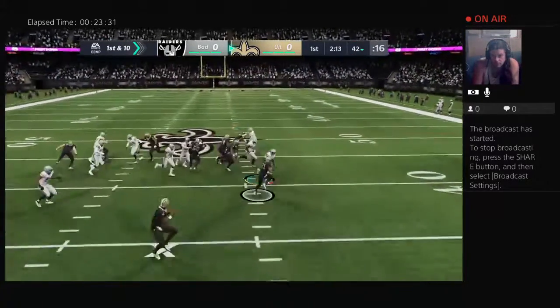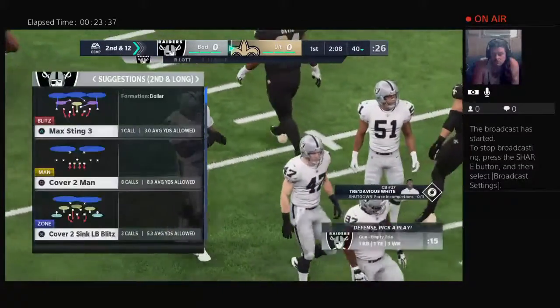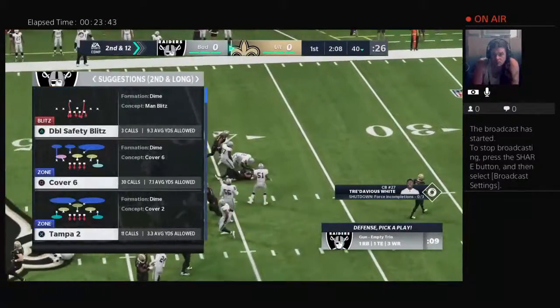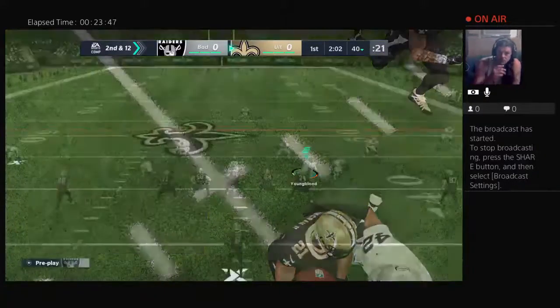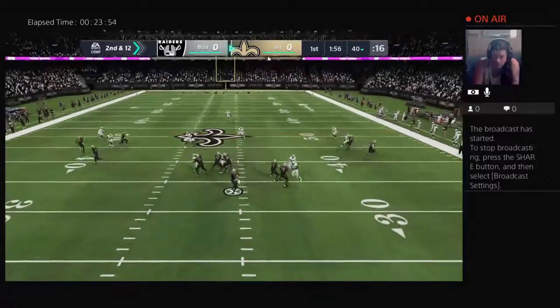Sees a crease and bursts through it for a solid gain. They try to run on first down, but this defense says no dice. They stop him a couple yards behind the line of scrimmage. 2 yards the loss, 2nd and 12. That was well played there defensively. 2 tight ends in the formation, which essentially gave them 7 blockers up front. Hard to imagine with all that size and beef that they could let a tackler through, but that's exactly what